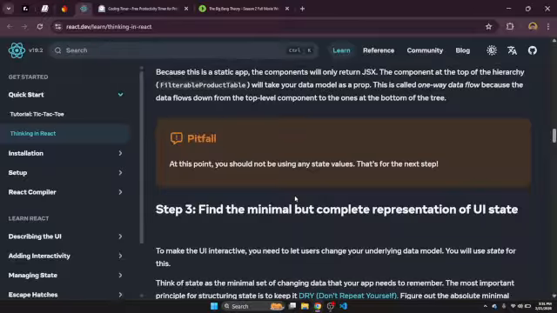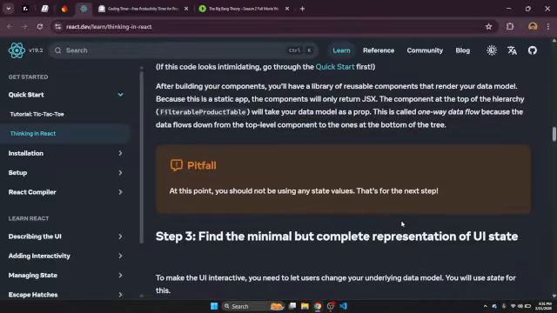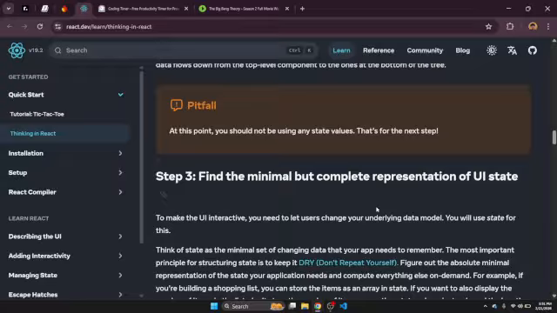First is to make static. Okay, got you. Static page. Step 3, find the minimal. First, laying out the component in a hierarchy, and second is to make a static page, and then UI